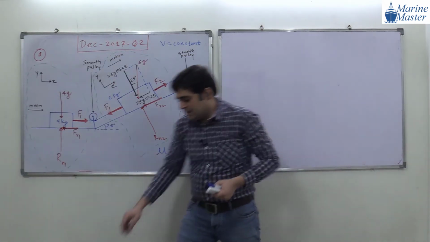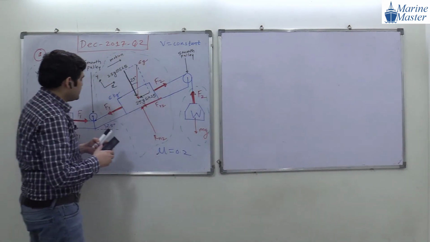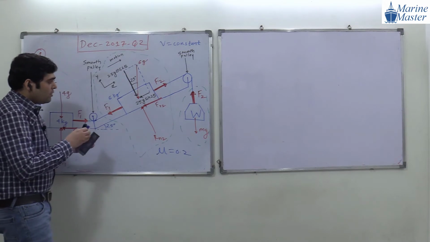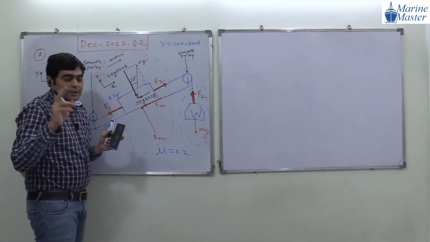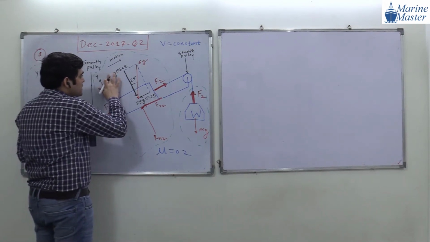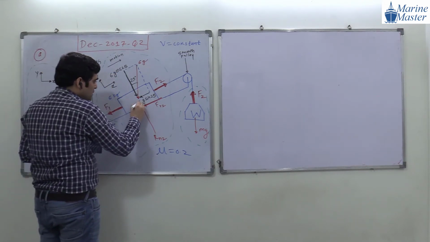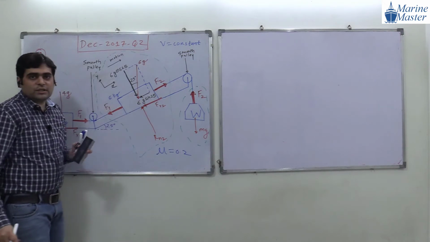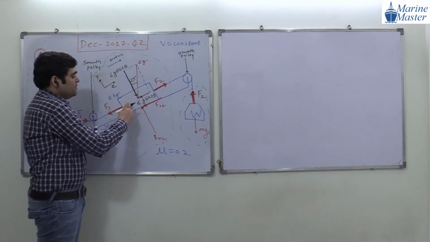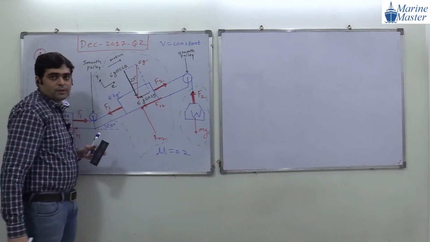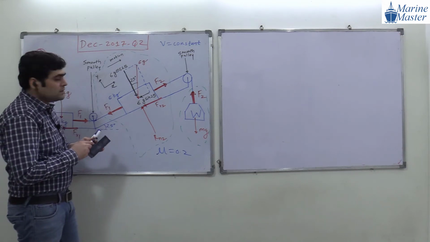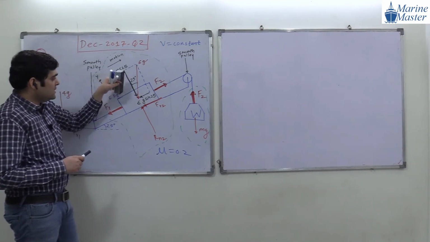Guys, here there is a mistake from my side. What is the mistake from my side? What have I done? See the scenario here. So always be attentive. This will be what, guys? 6G, not 25G. Okay, so there is a mistake. This is 6G cos 25, 6G sin 25. Okay, everyone, please correct this one. 6G, 6G.